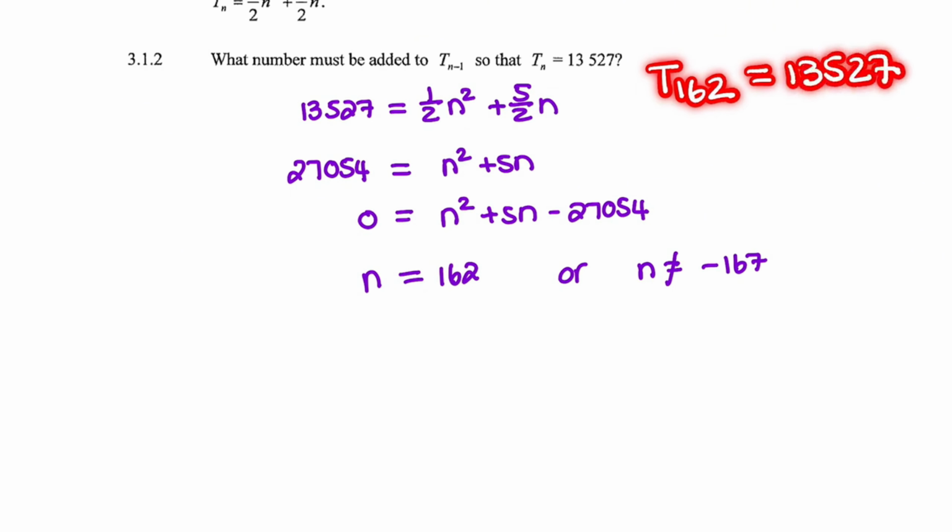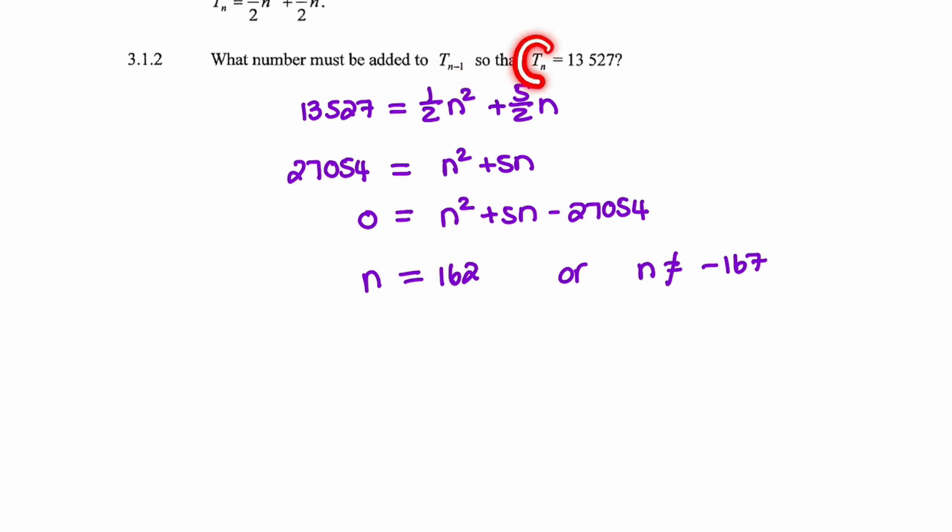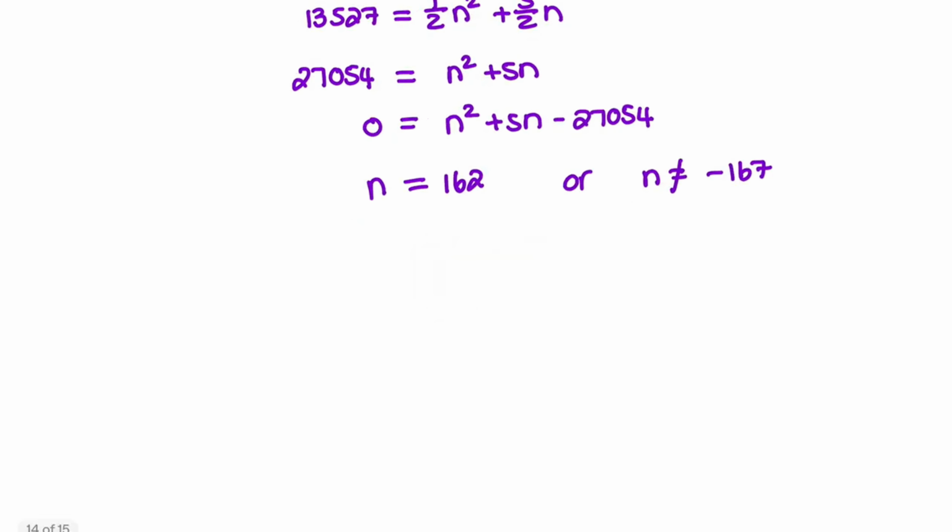13,527. Now the question said, what must be added to Tn minus 1 so that Tn is equal to that value? So we found the position of Tn. Now we need to find the value of Tn minus 1. So that's the term before Tn. So if Tn is 162, or term number 162, then term n minus 1 would be term 161. What I can do now is substitute n with 161 in my original formula. So that gives me